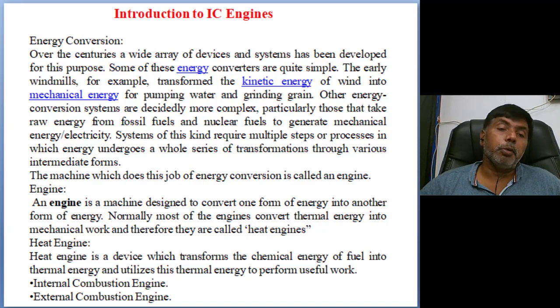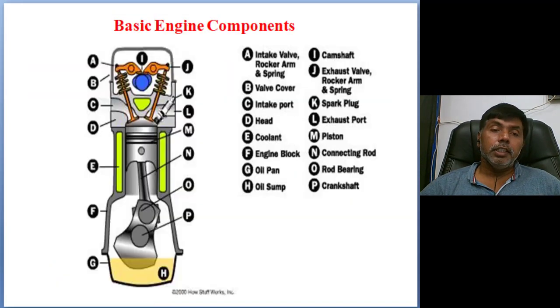To fulfill the five processes, we use an engine. Here is the schematic view of the internal combustion engine and its basic components. This is the cylinder bore. Inside the cylinder bore, a cylinder liner is inserted. Inside the liner, suction, compression, combustion and expansion take place. Indirectly, this liner guides the piston. The entire suction of the air-fuel mixture or air, compression, combustion, expansion and exhaust, all the processes execute inside the cylinder liner only.